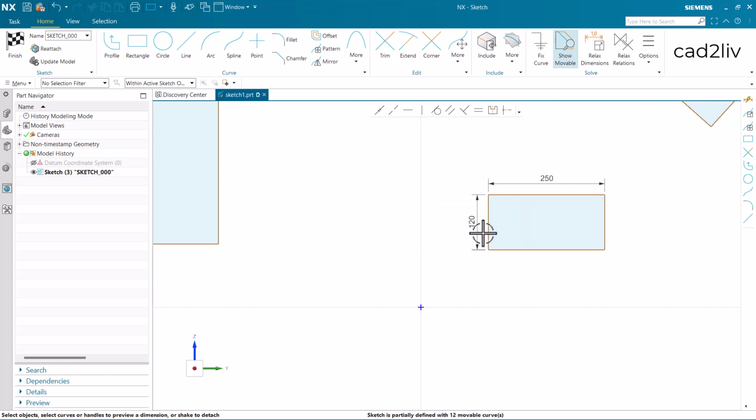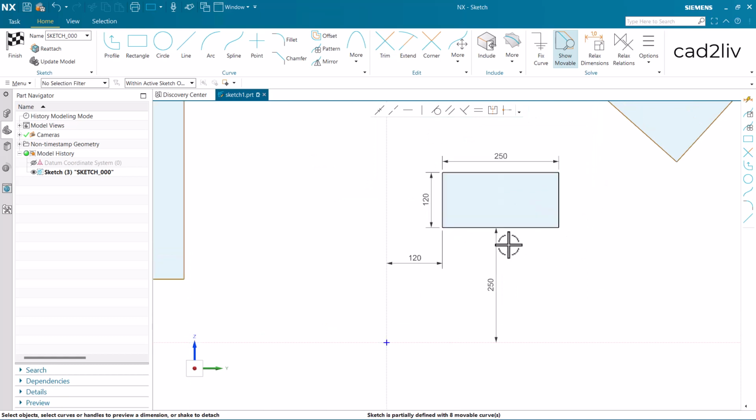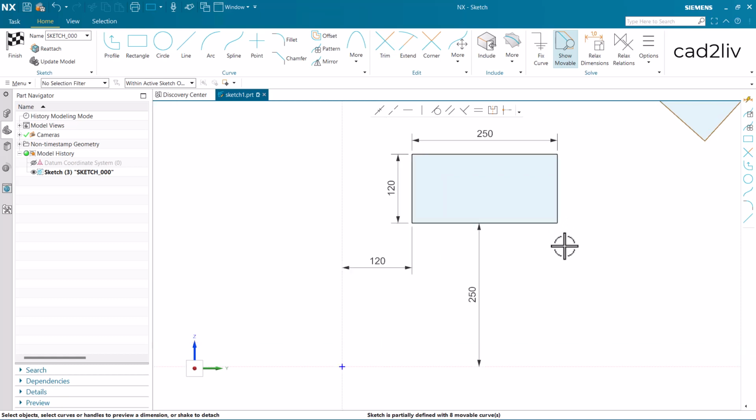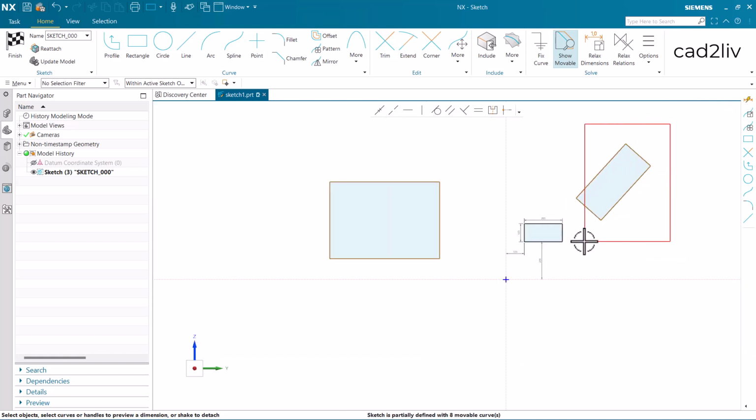If you want to give the dimension between this line and the vertical axis, just select both of them without holding the control key. This is also going to be 120. And for dragging the dimension, just do the drag and drop of the dimension. Now you can see this rectangle has been blacked out because it is fully defined. And if I just delete them,